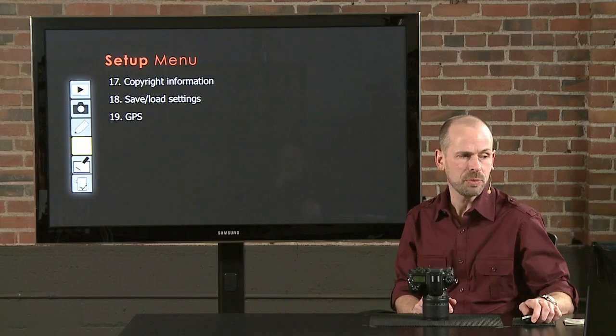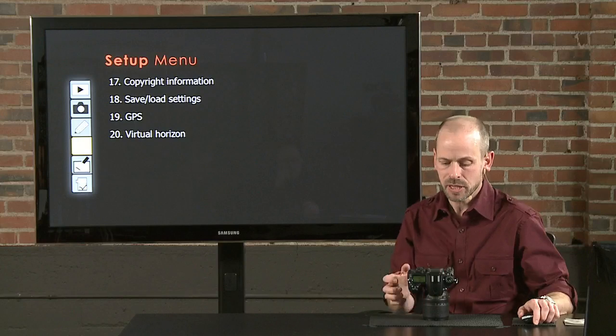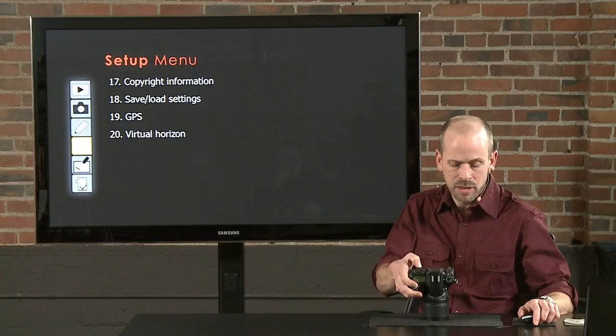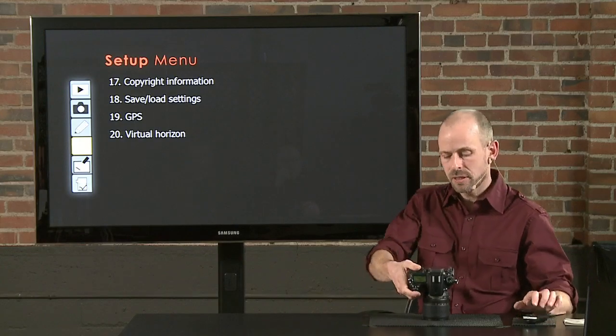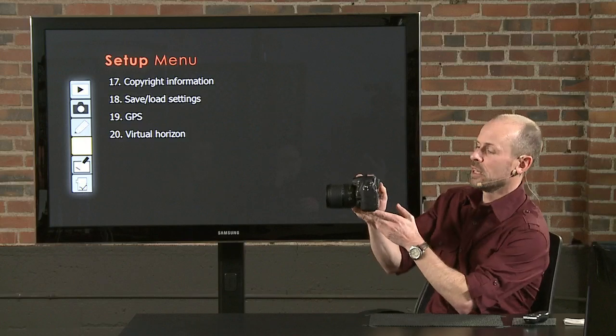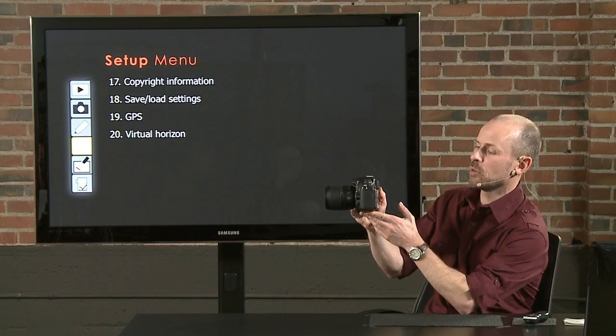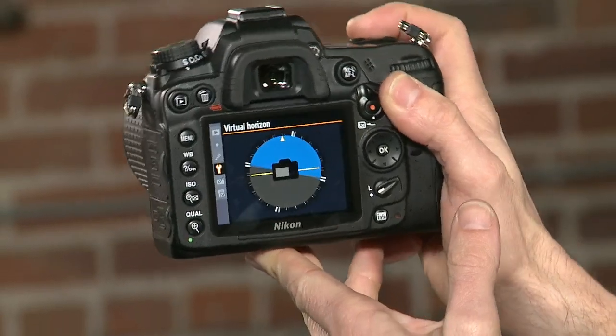There's control for the GPS unit in here. Not going to spend too much time on that. The virtual horizon, which is kind of a fun little feature on here. And if we can get our camera off to the side on this one, it's got a nice little feature. And this is one of the features that you might add to your My menu,